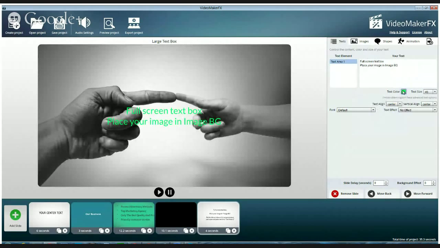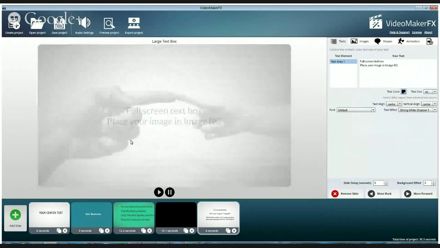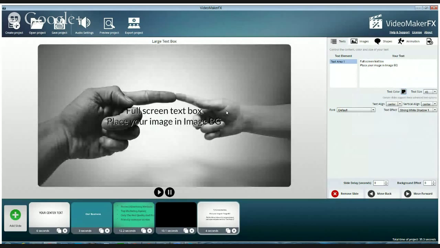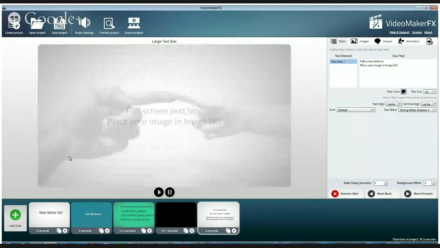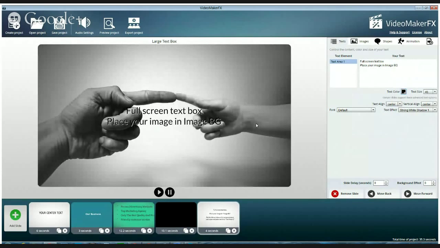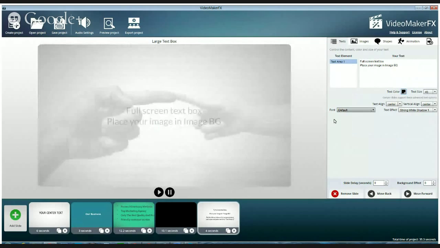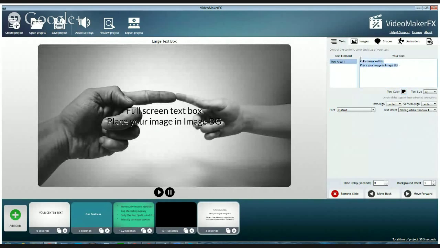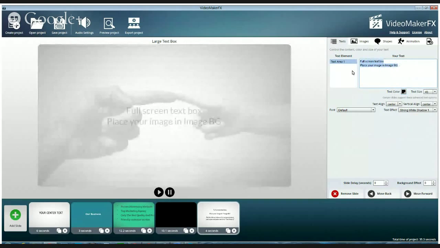I'm not crazy about that color, but now there's also text effects that you can do. And I really like strong white shadow so that even if you're using black text, it's readable if you use that white shadow over black. So, it doesn't hurt as bad. Okay, so now